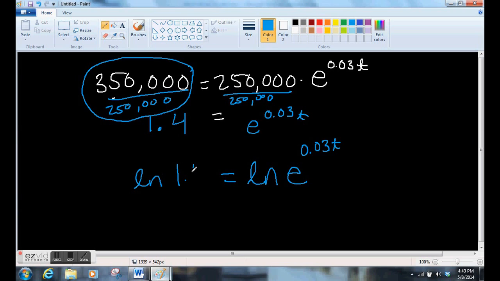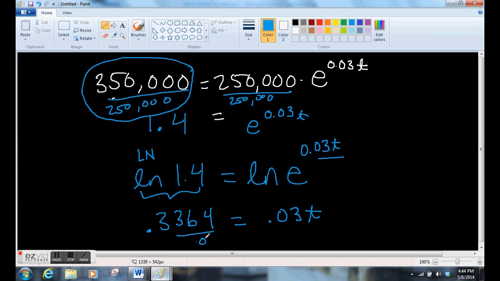So we take the natural log of 1.4. Because we're taking the natural log of e to the something, that just turns into 0.03t equals the natural log of 1.4. Doing it again on my calculator, 0.33. I suspected as much. These you have to use a calculator for. So the natural log, in your calculator it looks like this, of 1.4. Divide both sides by 0.03, and you get t by itself. That's what we wanted, people. It's happening. t equals